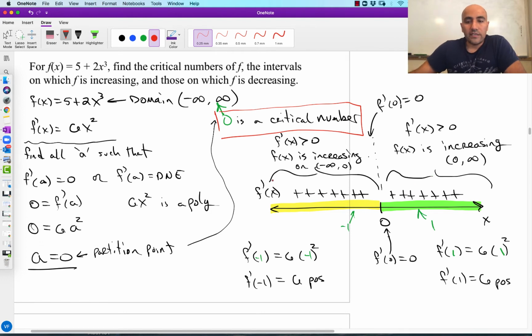Okay, so it's increasing from negative infinity to 0, and then it's 0 there, and it's also increasing from 0 all the way out to infinity. So technically, this function is always increasing, right? It went from increasing infinitely close to 0, and then from 0 all the way out to infinity, it's also increasing. So this function is increasing for all real numbers. So thus,